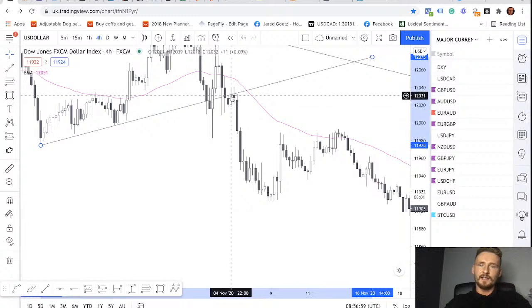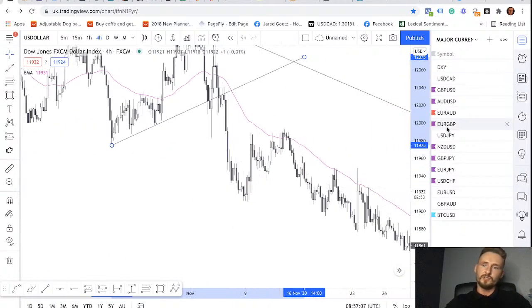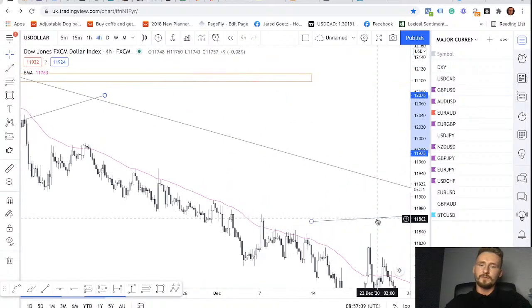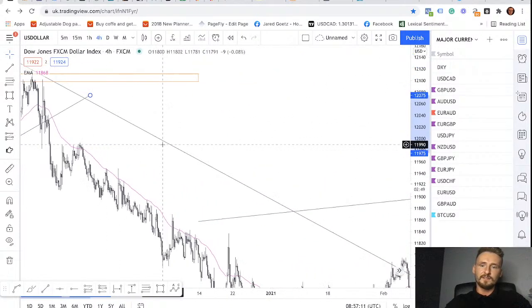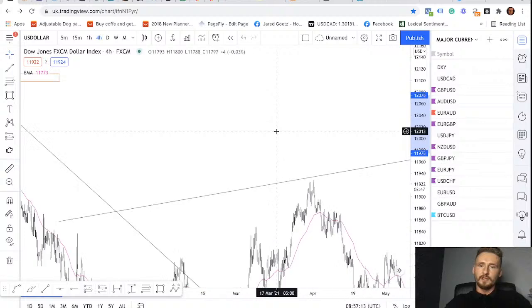You can see how accurate the edge of the candles have hit against this neckline, and then we've seen that push down. So back to more recent times, if you just stick to the 4 hour,